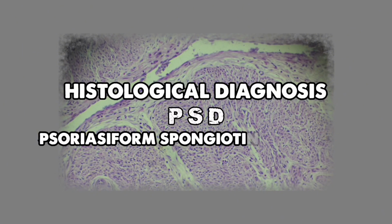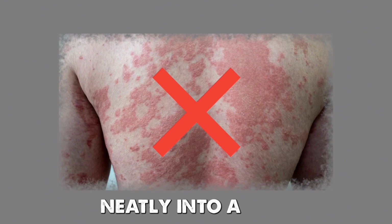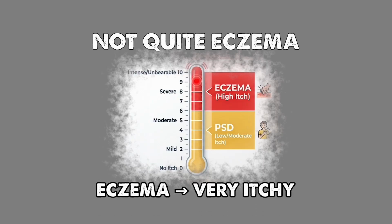At our clinic, some of these patients come in and they already have a skin biopsy done, which is what you find from a tissue sample of your skin. The report may return with a term like Psoriasiform Spongiotic Dermatitis, when skin conditions do not fit neatly into a box. In this kind of situation, it's not quite eczema because eczema is usually very